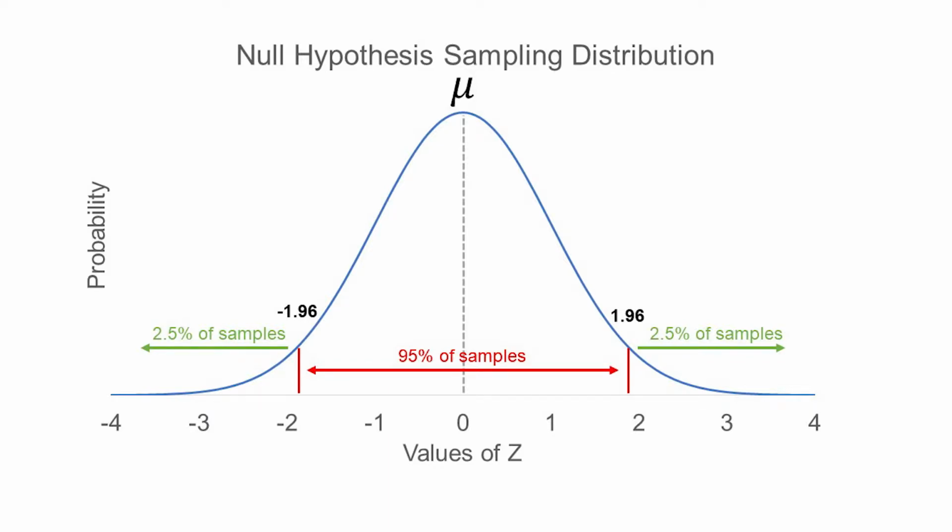This is because 95% of the data falls between these two values in a normal distribution. Only 2.5% falls above, and 2.5% falls below negative 1.96, for a total of 5% chance of making a type 1 error or false positive,